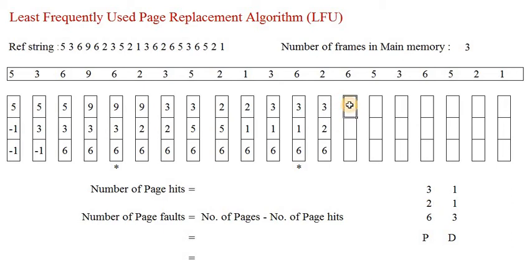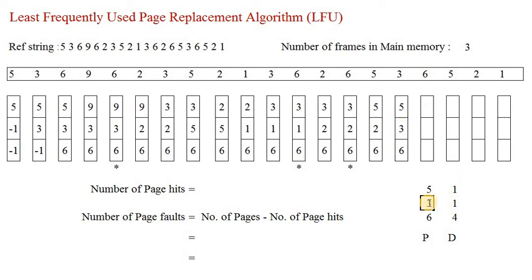In the next iteration, again a page hit occurred: 3, 2, 6. A page hit is denoted with a star, and we should increment the degree. Here 3 becomes 4. Now 6 cannot be deleted because it has the highest degree. Among 3 and 2, which will be removed? 3 came first, so 3 will be removed, and 2 stays as it is. For 5, the degree is 1 only. Then 3: 2 will be replaced with 3, 5 as it is, 6 as it is.